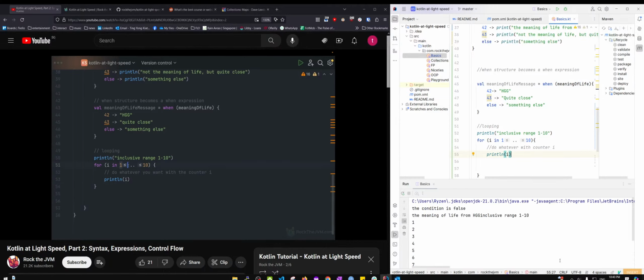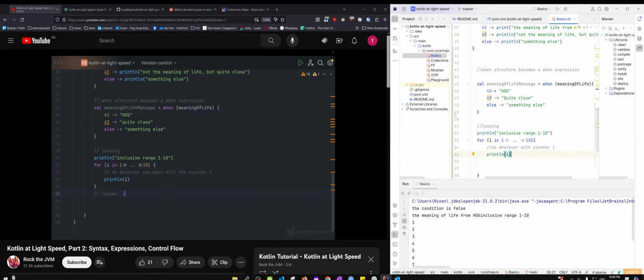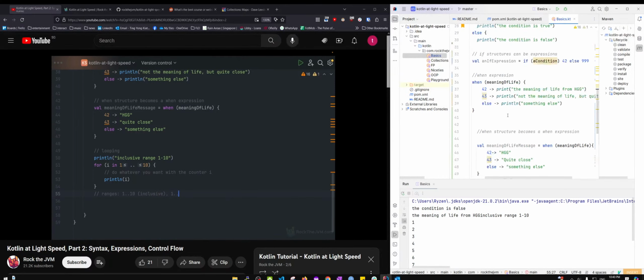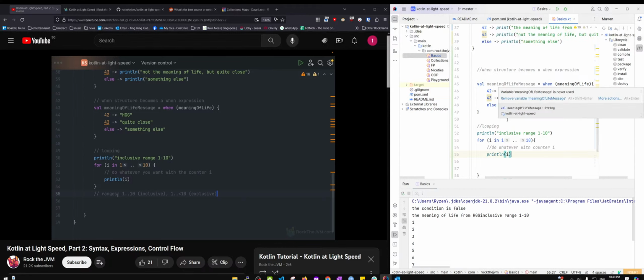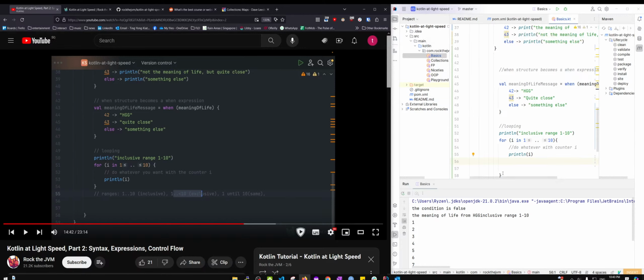And there are various ranges that you can iterate upon. For example, you can say ranges. So we have 1 to 10, that's inclusive. Then we have 1 dot dot less than 10, which is exclusive, so from 1 to 10 without using 10. We also have 1 until 10, which is the same thing, the same as the